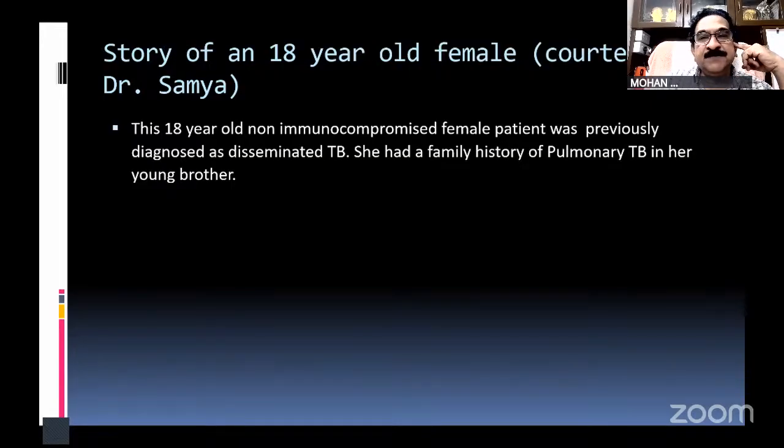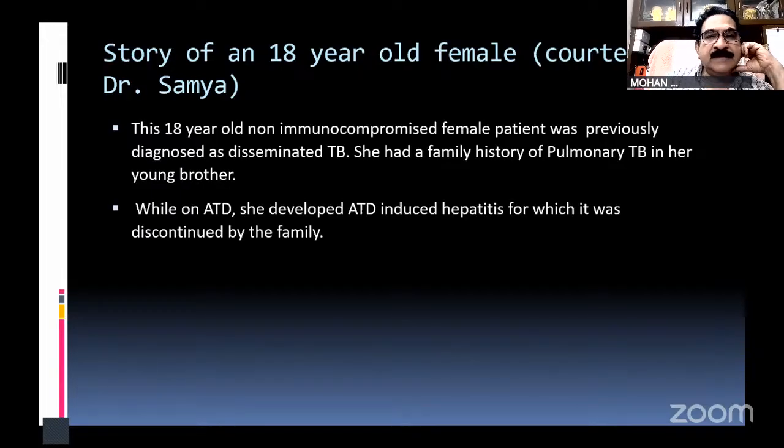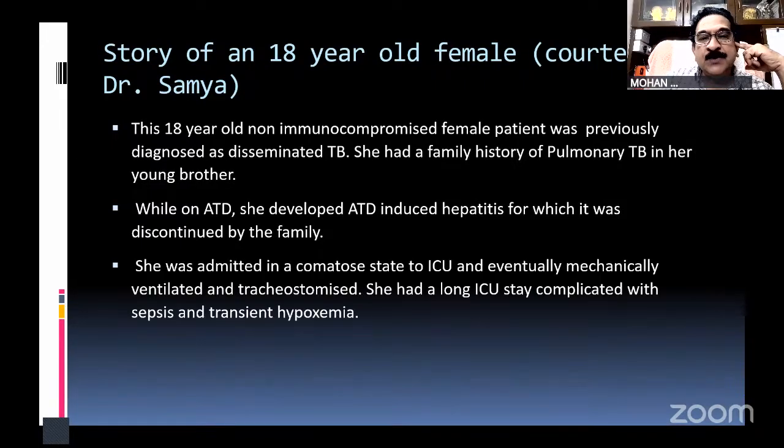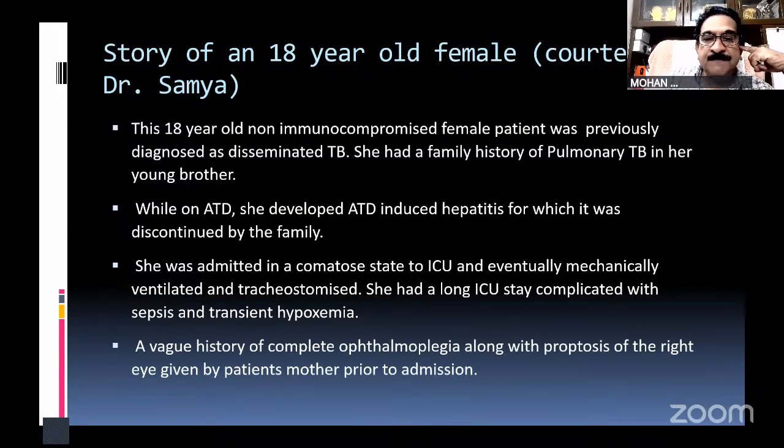She had a family history of pulmonary tuberculosis in her younger brother. While on ATT, she developed ATT-induced hepatitis, for which it was discontinued by the family. She was admitted in a comatose state in the ICU and eventually mechanically ventilated, and tracheostomy was done. She had a long ICU stay complicated with sepsis and transient hypoxemia. A vague history of complete ophthalmoplegia along with proptosis of the right eye given by the patient's mother prior to